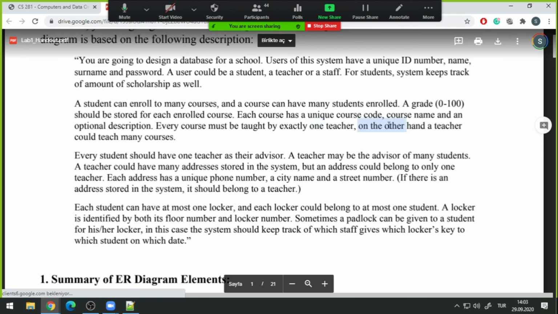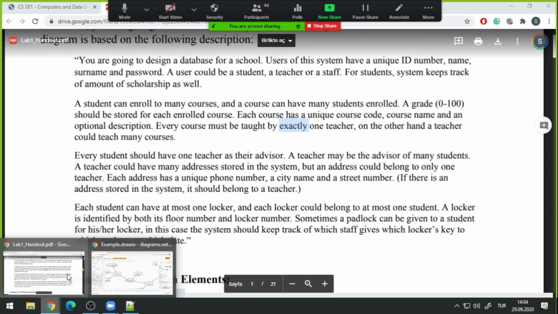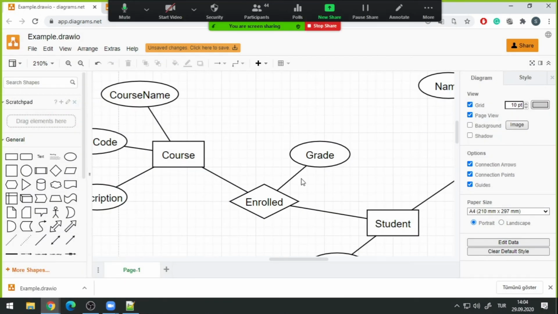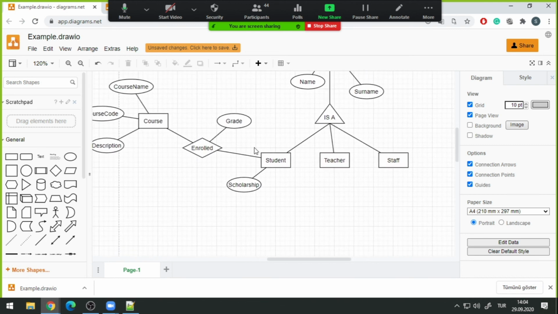If you continue, it says that on the other hand, a teacher could teach many courses. So for a teacher, there could be many courses, but for a course, it cannot be. For a course, there could be only one teacher, and it does not allow zero teachers as well. So with this description, let's come to the ER diagram. So we are defining